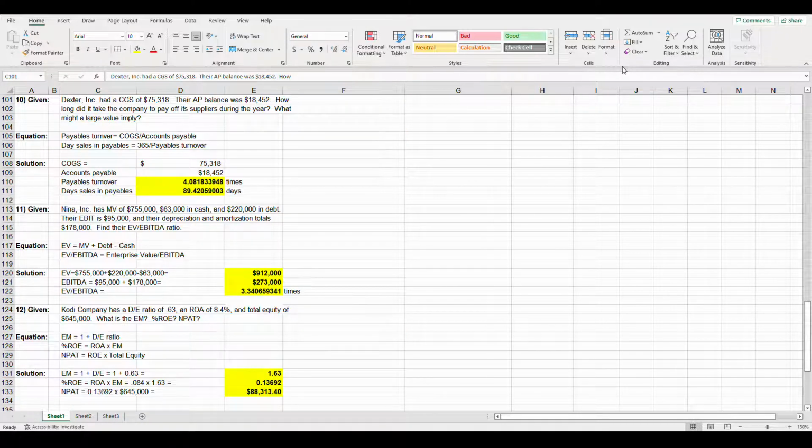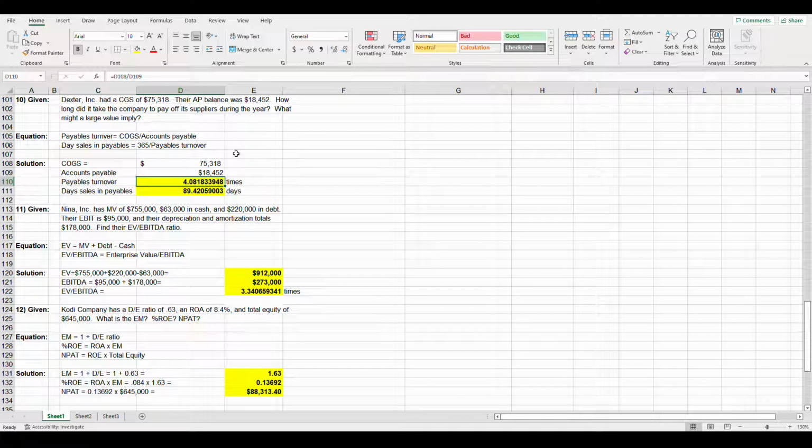In problem number 10, Dexter Inc. had a cost of goods sold of $75,318. Their accounts payable balance was $18,452. How long did it take the company to pay off its suppliers during the year? What might a large value imply? Payables turnover is cost of goods sold over accounts payable, and days sales in payables is equal to 365 over payables turnover. And then to get our solution, our cost of goods sold is $75,318, accounts payable $18,452,